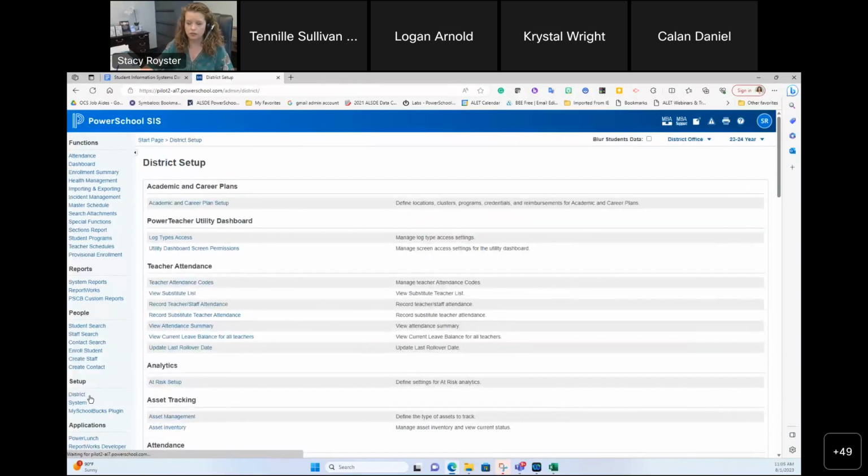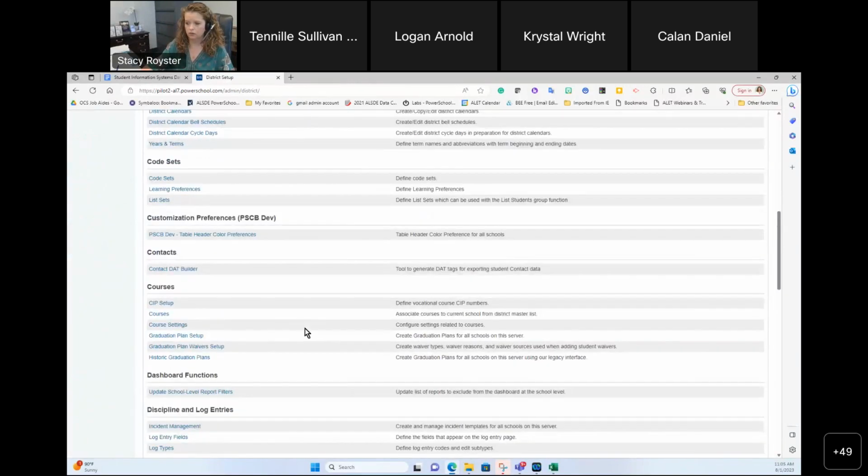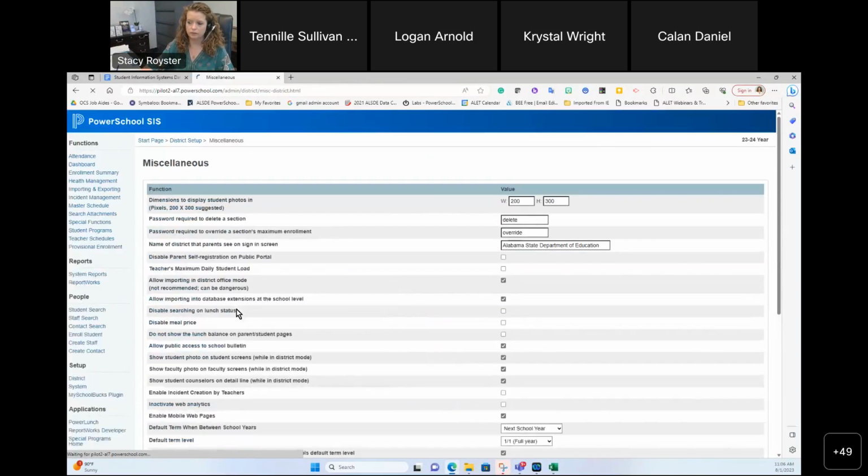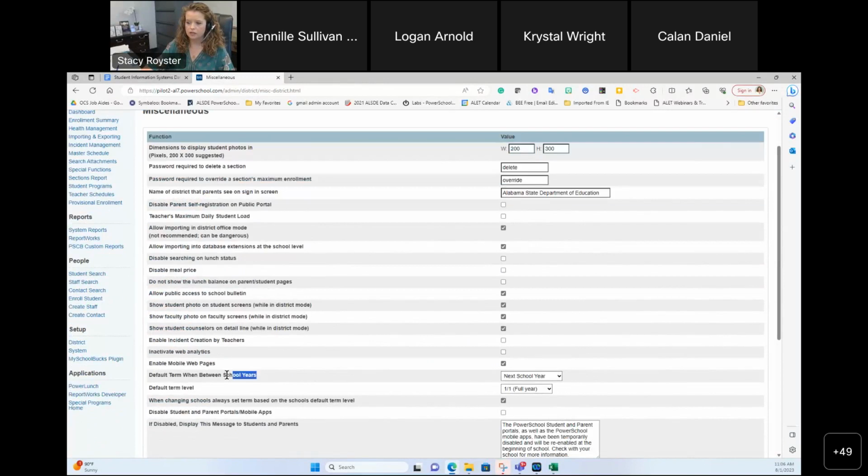it is located under district, and you scroll down to district information and miscellaneous. Here is that default term between school years. Now, there's actually two things that I want to show to districts right here. That's this setting and the one right below it, the default term level,